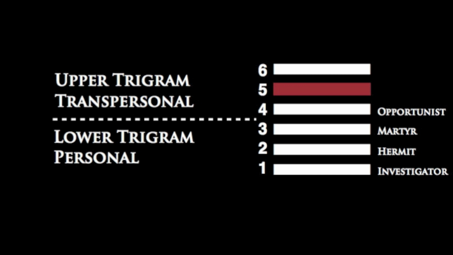Now see, some of this sort of carries over to the fifth line. It has all that, but it's more of a mind thing. It's not as personal as in the lower trigram. It does have very much to do with other people, and when people look into that quote-unquote window, it's as if they can't really see it. And the main keynote or title for the fifth line is the heretic.